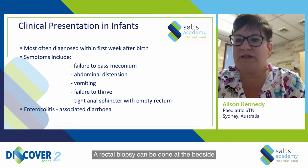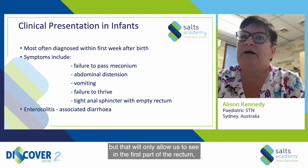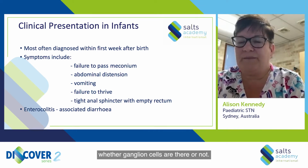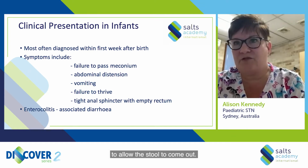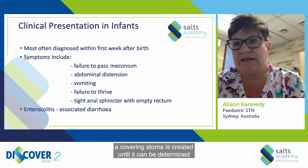A rectal biopsy can be done at the bedside, but that will only allow us to see in the first part of the rectum whether ganglion cells are there or not. When ganglion cells are identified, then the baby is managed just by passing a rectal catheter to allow the stool to come out. But when there is none, a covering stoma is created until it can be determined what length